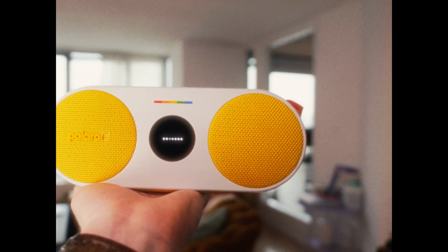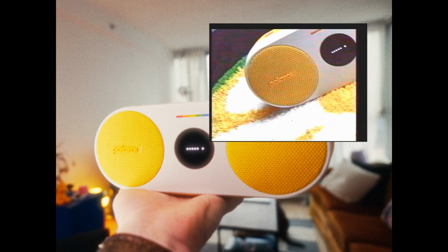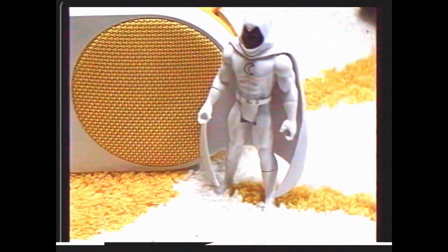One of the things I like most about the Polaroid P2 is actually the design. It's kind of like a modern interpretation of one of those classic boombox style speakers, but with a much more playful and colorful flair to it. On top of that, the whole thing just feels quite solid. All the buttons have a nice little